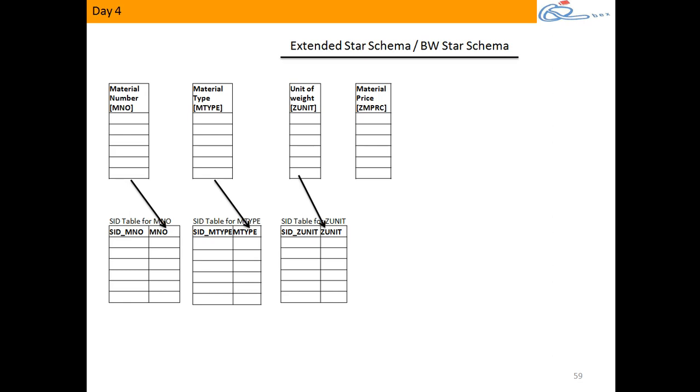Yesterday I told you, once my info object is created, can I reuse it in n number of structures? Can I use it in n number of tables? Now let's say I created metal type. Can I use this in the attribute table of metal number? Yes. Same metal type object, can I use this as an attribute of some other info object again? Can I use this in the cube? Can I use this in another ODS? Yes. But we cannot use the same object twice in one structure.